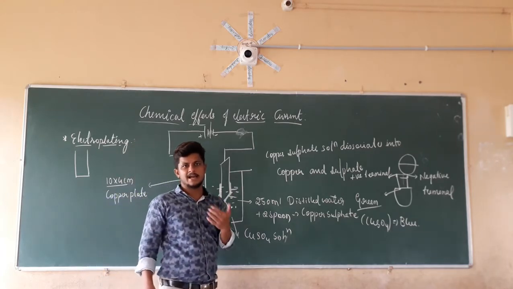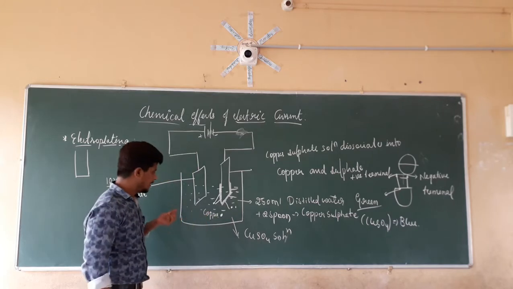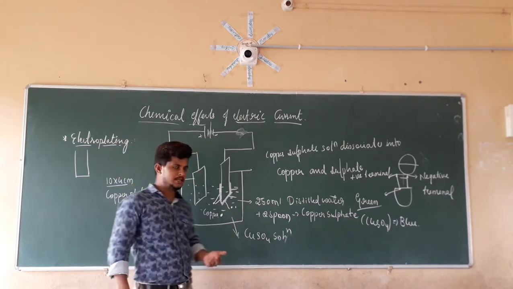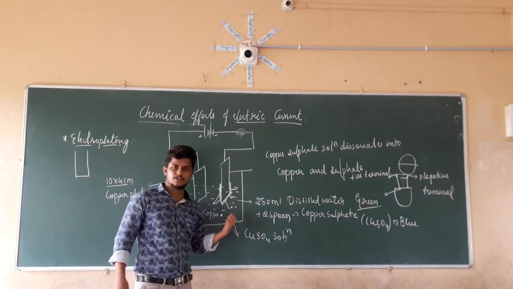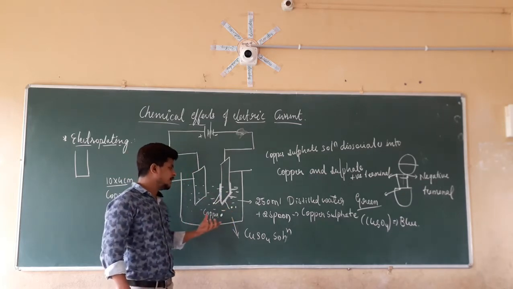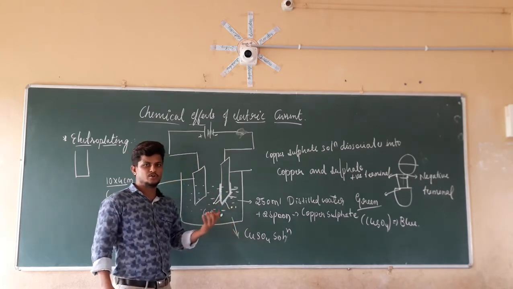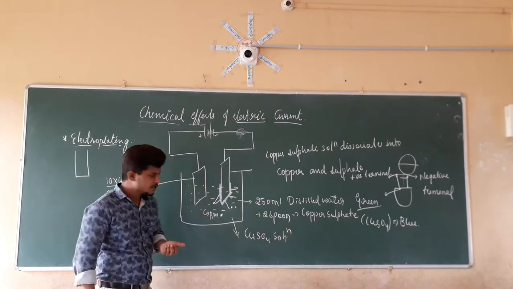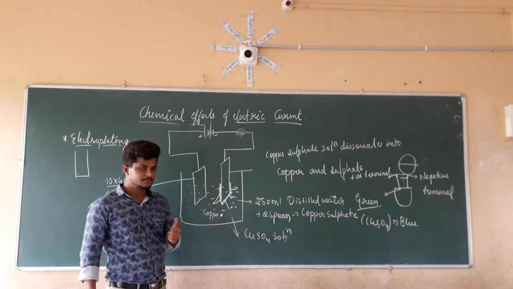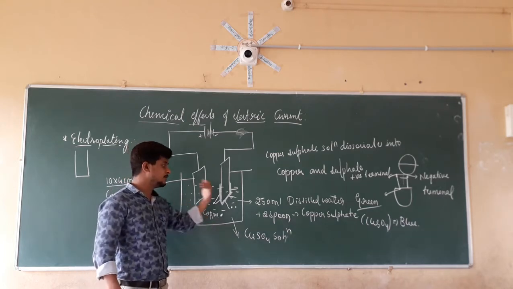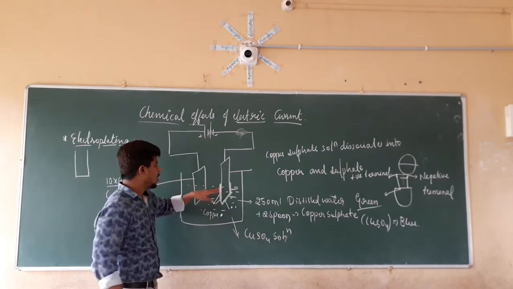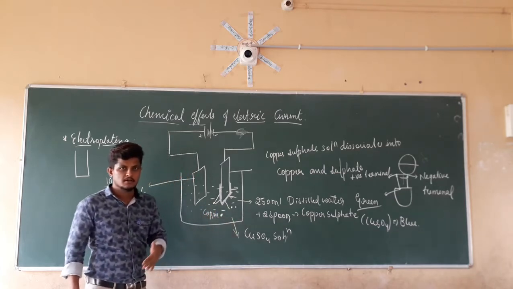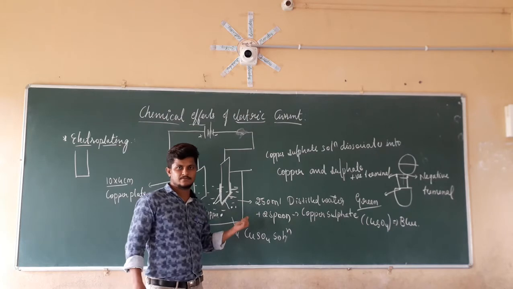So you can ask the question: sir, the copper which is present in the copper sulfate solution is going to deposit on this electrode. So what will happen to this solution? Is this solution going to remain the same, or will there be changes? Now if you see here, the copper which is present here is deposited on this other electrode. So the amount of the copper is going to reduce here, but that is not the case in this setup.